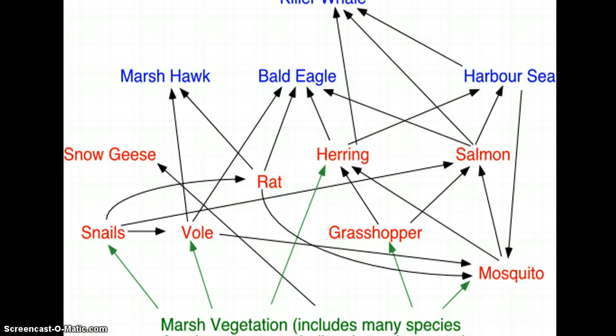At the bottom of the food web are always the producers. Herbivores or primary consumers eat the producers. So the arrows go from the producers to the primary consumers, from the primary consumers to the secondary consumers, from the secondary consumers to the tertiary consumers, and sometimes there's the quaternary consumer. It kind of depends on how you set it up, but quaternary would be the top, which means 4. Tertiary means 3. Okay.